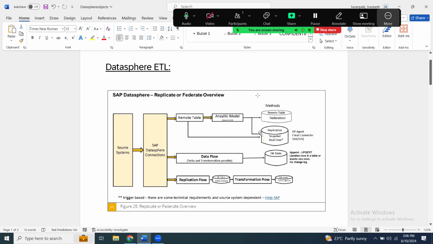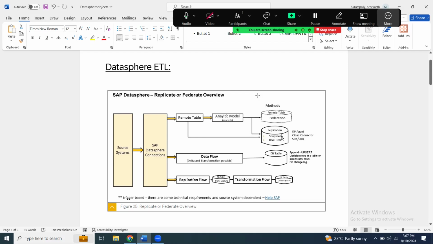In order to configure the remote table, we use two on-premise installations or client applications, you can call them that way. They are the DP agent, Smart Data Integration, the data provisioning agent, and then we also have the cloud connector, SAP Cloud Connector, which is also going to be installed on-premise within the source system network, most likely if it is on-premise connectivity. And then using that connector, you can establish the connection to SAP on-premise systems